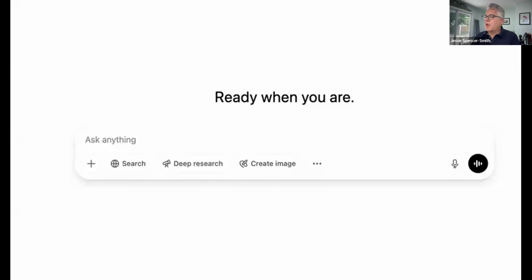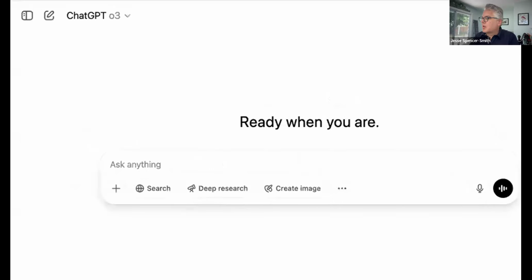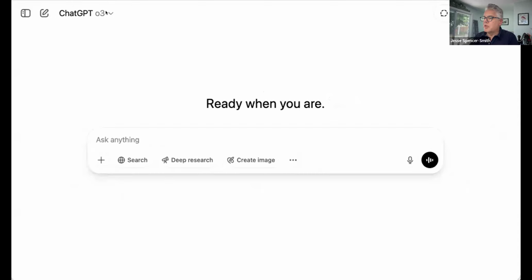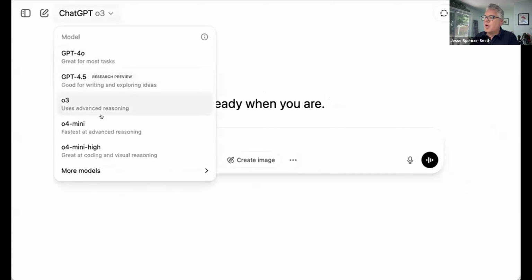So let me get this set up and let me share. Let me get this arranged correctly so you can see everything here. All right, so if you have a paid OpenAI account, you can get access, at least, to what's called O4 mini, or maybe O4 mini high or O3. So what's the difference between these? We talked about these just a little bit before, but